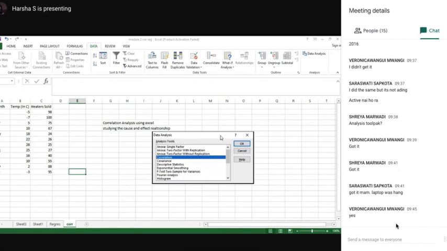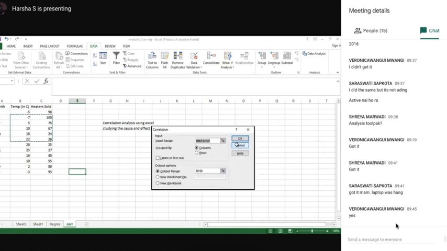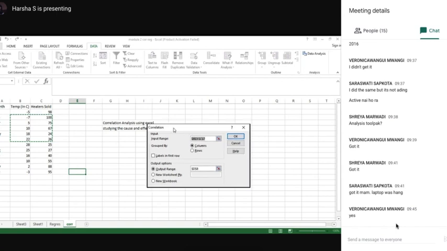Okay. Now click on the tab, click correlation and click OK. It will appear with this type of toolbox. Here, not array 1, but you will be selecting the input range. Now what is this input range?